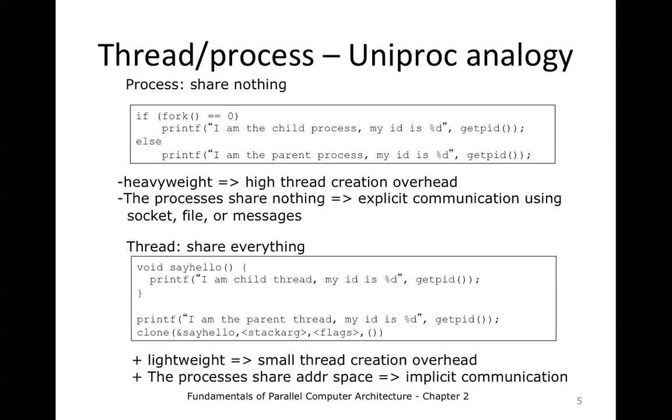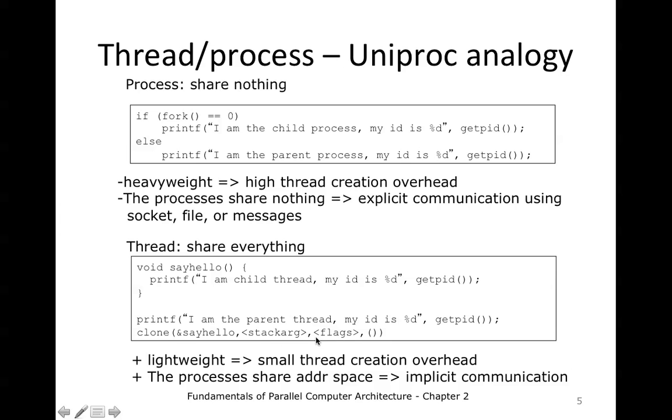Processes share nothing, so if they want to communicate, they have to use sockets, files, or messages. Threads, on the other hand, are lightweight and share one address space. One way to spawn a thread in Linux, for example, is to use the clone system call. In a clone system call, essentially you pass the function that the thread should execute, including